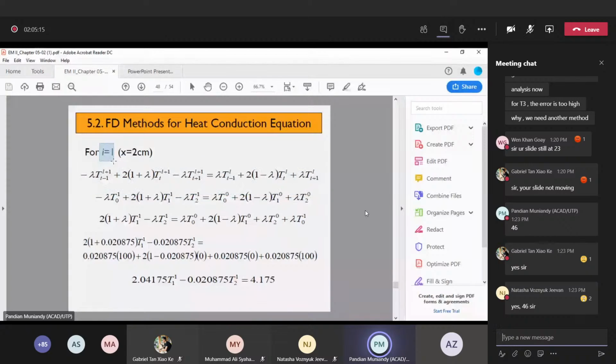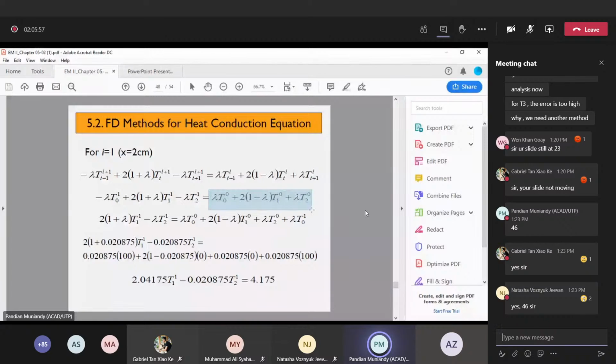So minus lambda T superscript 1 subscript 0 plus 2 multiply 1 plus lambda T superscript 1 subscript 1 minus lambda T superscript 1 subscript 2 equals lambda T superscript 0 subscript 0 plus 2 multiply 1 minus lambda T superscript 0 subscript 1 plus lambda T superscript 0 subscript 2. These values, all these values you can find,